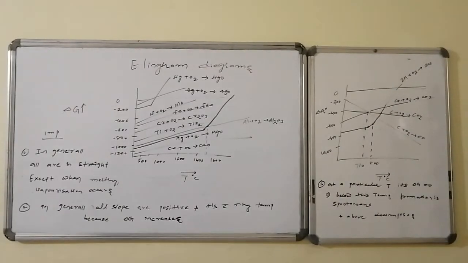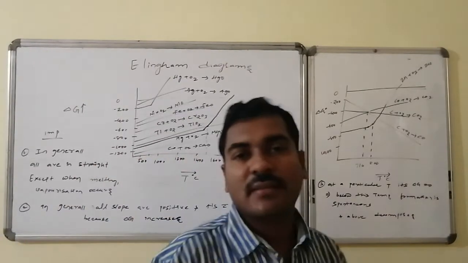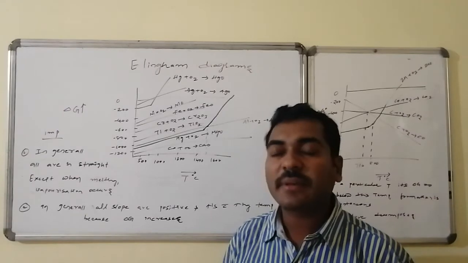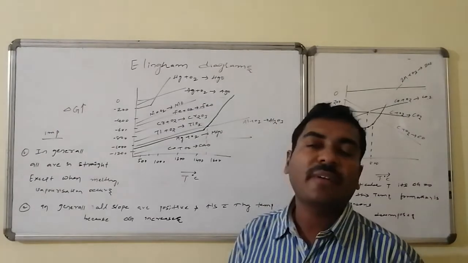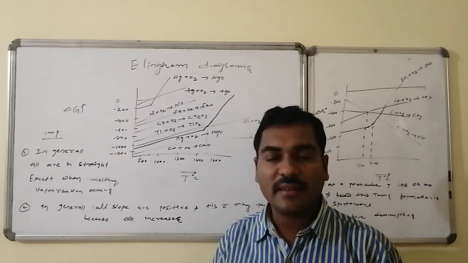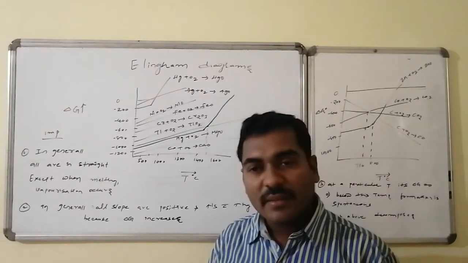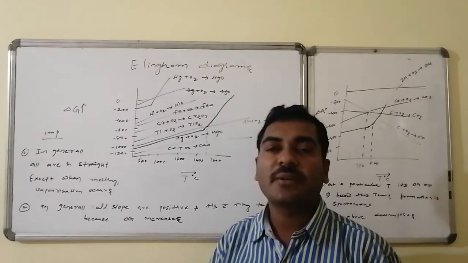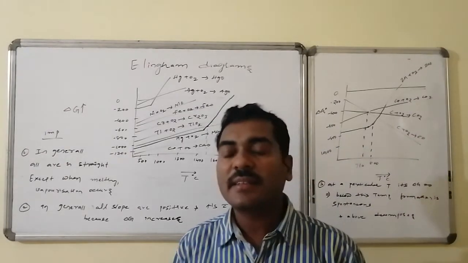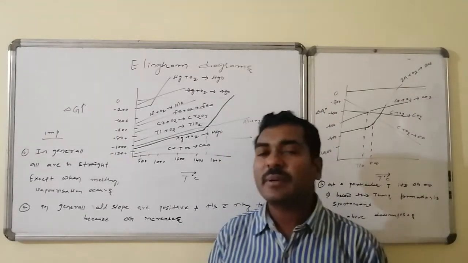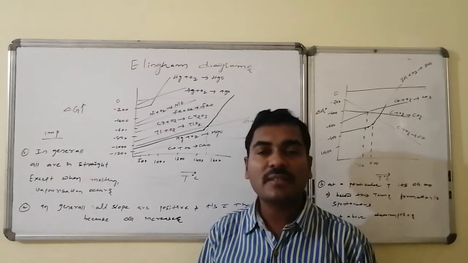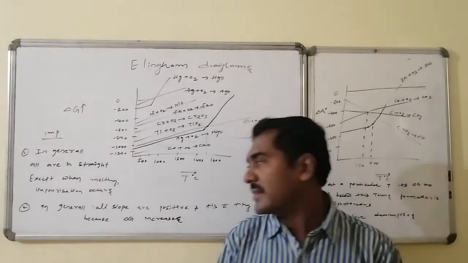General conclusions. In general, all the metal oxide formations, with delta G plotted versus temperature, are straight lines. But with increasing temperature, melting points or boiling points can appear in the middle, where the product formed changes physical state from solid to liquid or liquid to gas. Under those conditions there is a variation in delta G, which depends on the heat capacities. As a result, the straight line can vary with breaks, but in general it maintains straight line conditions.